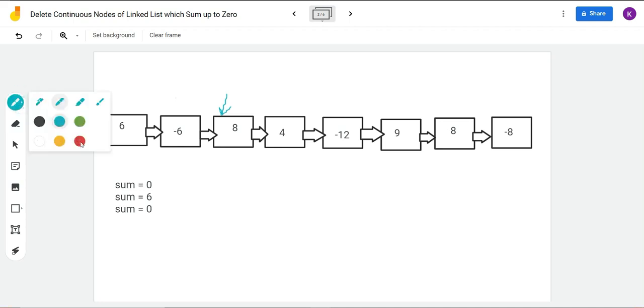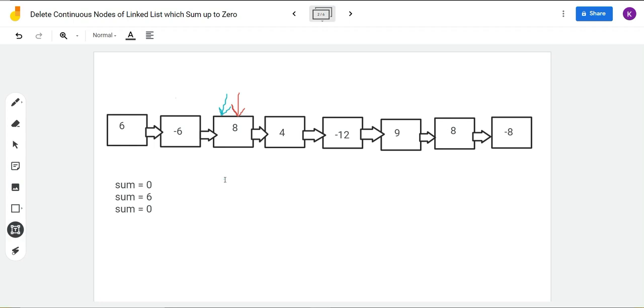I will use red for the current pointer. Okay, so the current pointer has come to 8, and the sum is now, first the sum was 0, and then now when it came to 8, the sum got updated to 8.